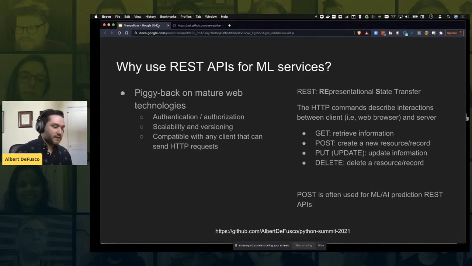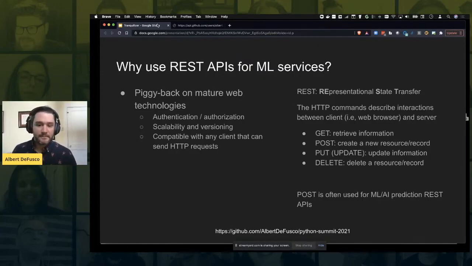We can piggyback on technology that already knows how to do authentication and authorization, that already knows how to think about scaling up these services, and then becomes broadly compatible. I was using this with my web browser, with my Unix command line, and with Python. People know how to work with HTTP requests,